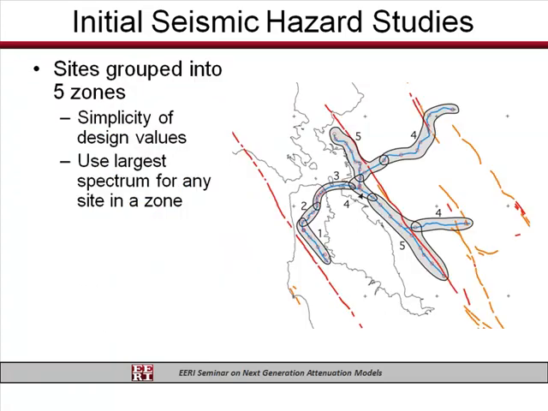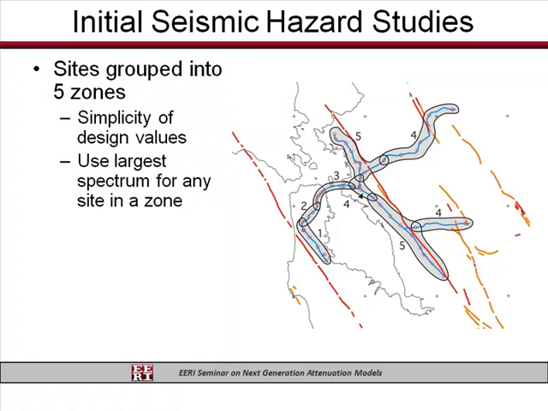Looking now at another plot, what they also came up with in the 2002 study is they wanted to break things up into zones. So rather than have an individual design spectrum for each of the stations or each of the sections of supported track, they wanted to simplify things. They started looking at individual spectra at certain station locations throughout the system and realized that a lot of them are very similar and have about the same design levels, the same ground motion levels. And so they came up with a zonation program where they classified stations and sites along the system into 5